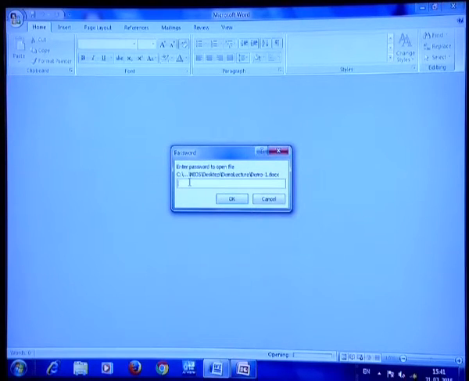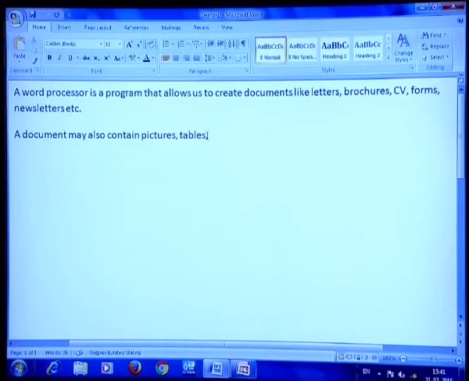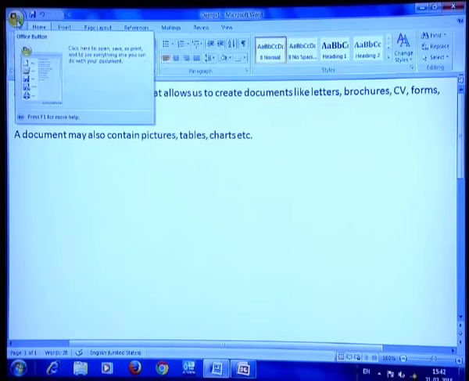So, password to open the file, ABCD. Okay. Password to modify, WXYZ. Now, if I make the changes and I try to save it, it will allow me to save. The document has been saved now. So, if I know the password, I can save the document, I can make the changes in the document. So, this way I can protect my document, and another part of protecting the document is making it read only.